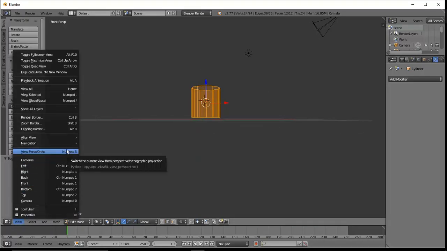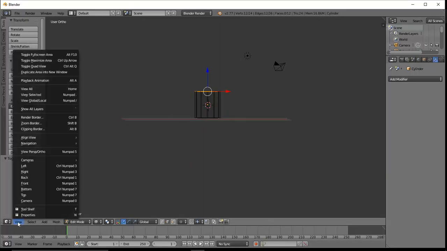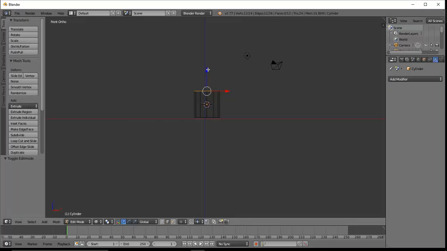Although, you could use the numpad 5. Alt click, select this top, E for extrude,